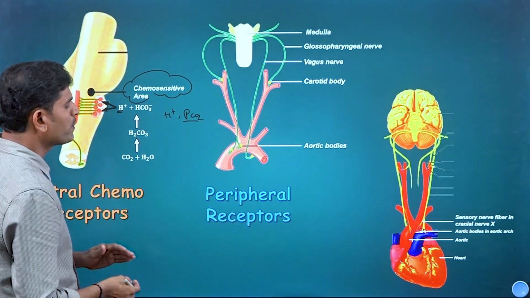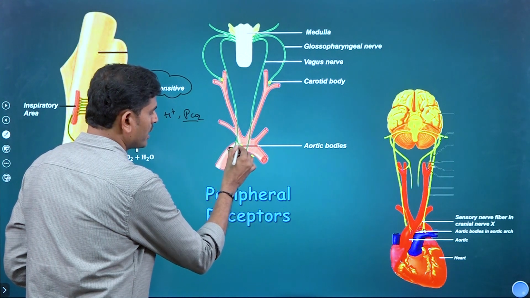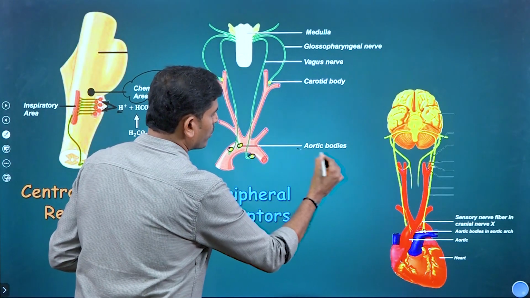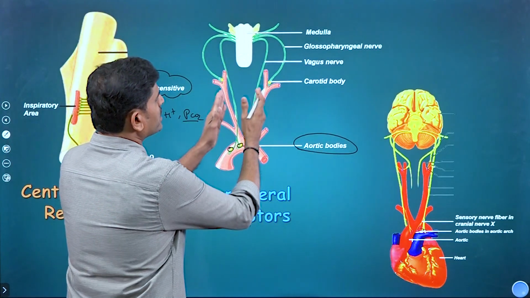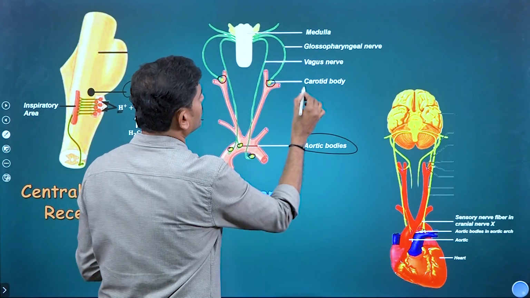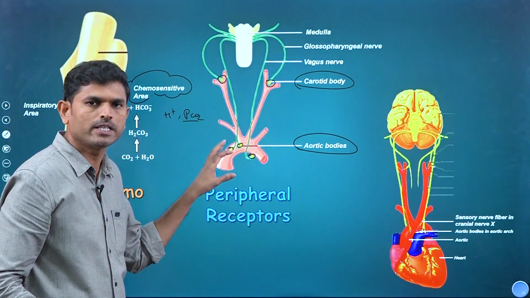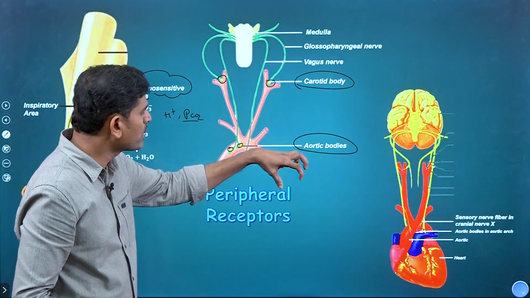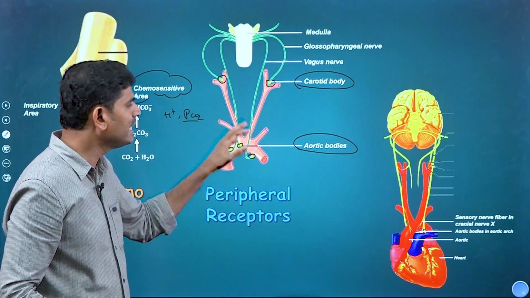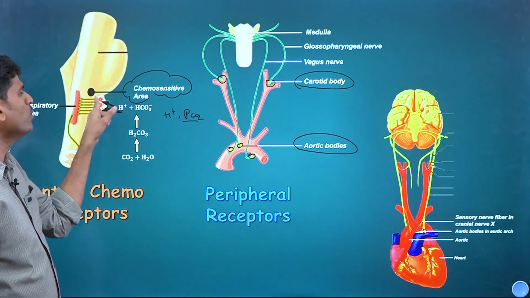Peripheral receptors also help it. Look here, the points are mentioned. These are specialized receptors present in large blood vessels, called aortic bodies in the aorta. The branches from it are called carotid bodies, on the carotid arteries. These are not linked with the central nervous system. That's why they are called peripheral receptors. These receptors always monitor the H+ and CO2 concentration in the blood, and send the information to the medulla, that is, the chemosensitive area.